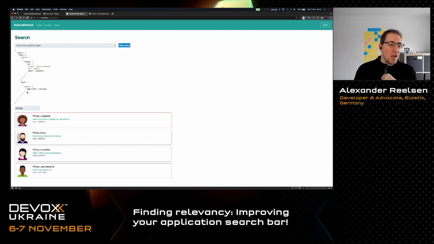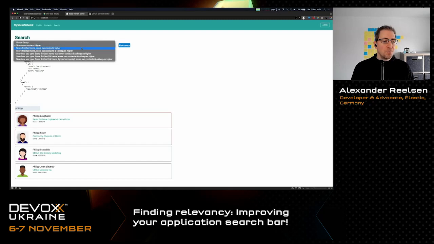So what happens here is we are still retrieving all the documents with the first name of Philip with a double P at the end. But if it's part of the contacts field, so the array list of all the contacts of these users, it should be scored higher. And this means we already follow the first approach of improving our search. If you take a look at the bottom, there's a red border around those 2 cards, which means those are my direct contacts, and they are suddenly scored higher than the other contacts. And this is the first way how we can change or tweak the relevancy without changing the number of results. It's really just about the order of the results that are being returned.